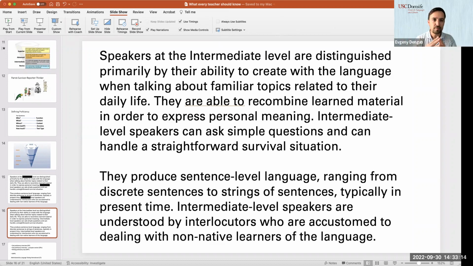So again, I encourage you to read. Reading is helpful. It's certainly a first step, and it'll help you understand how these levels are different. But listen to the examples that are available on the website. Try to start thinking about proficiency levels and what you do in the classroom. But again, if possible, attend the workshop.